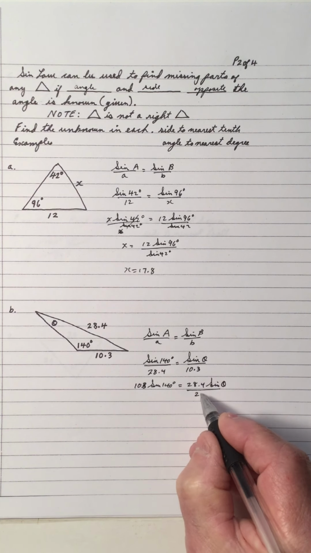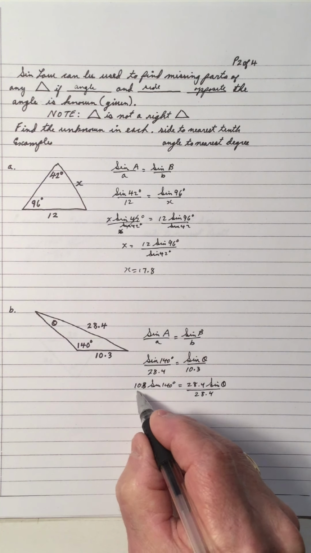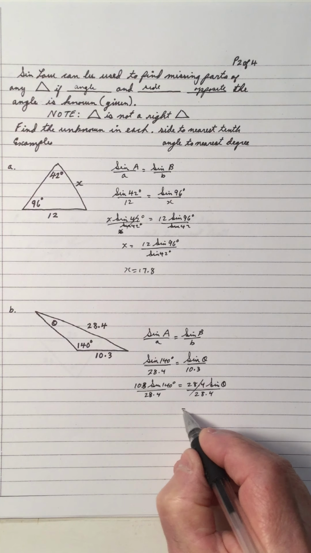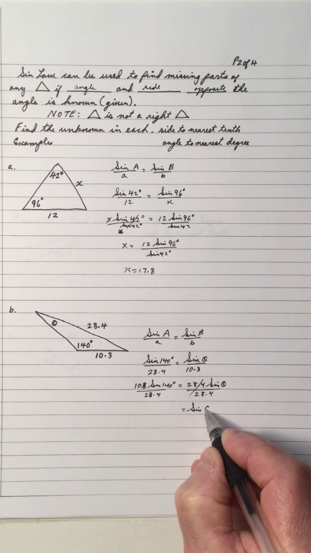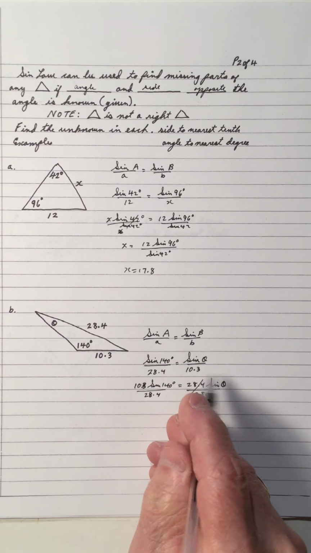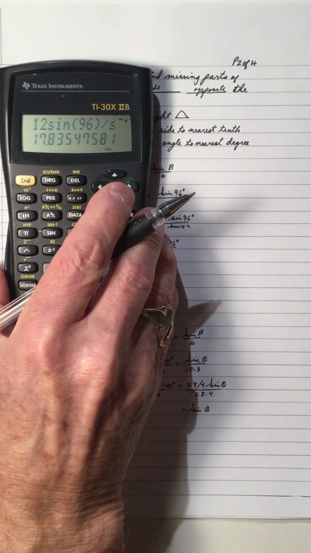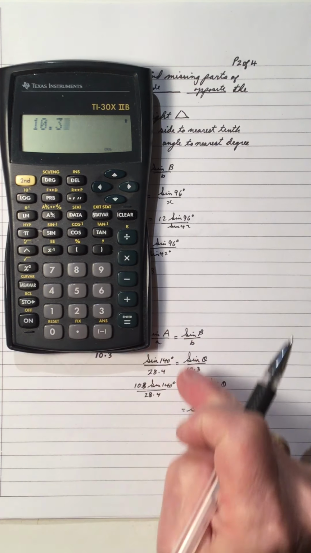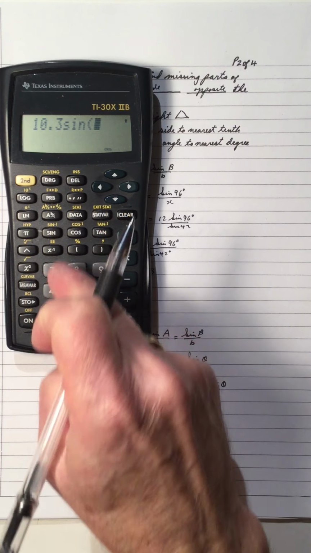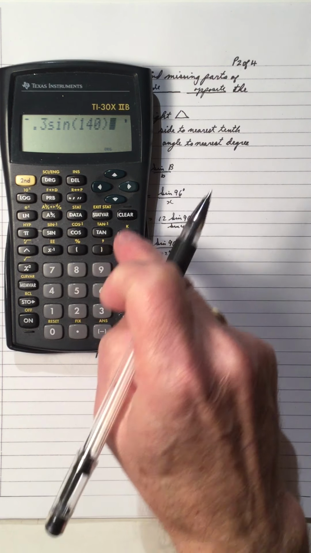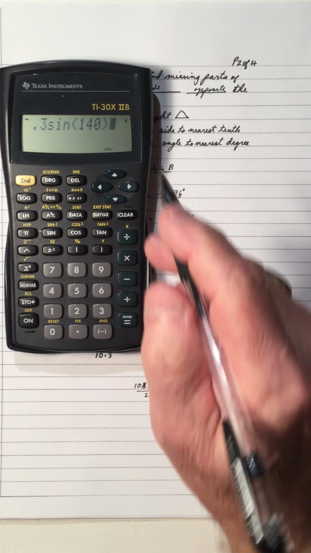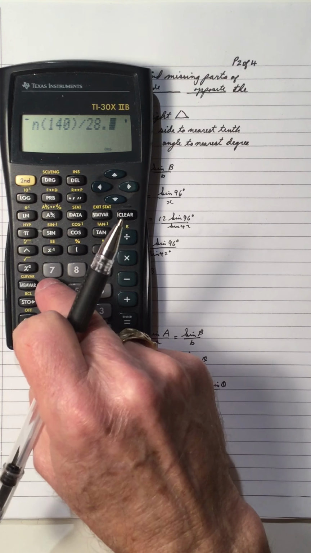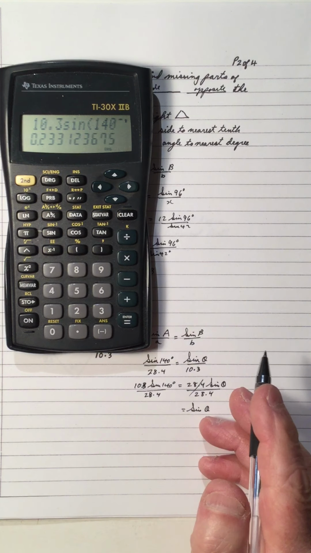And we divide by 28.4 on both sides. 28.4 cancels out, so the sine of theta is, now we'll use our calculator and work all of those out. 10.3, let's clear it first, 10.3 times the sine of 140, and we close it off, put the angle in a bracket, and we're going to divide it by 28.4, and that gives us